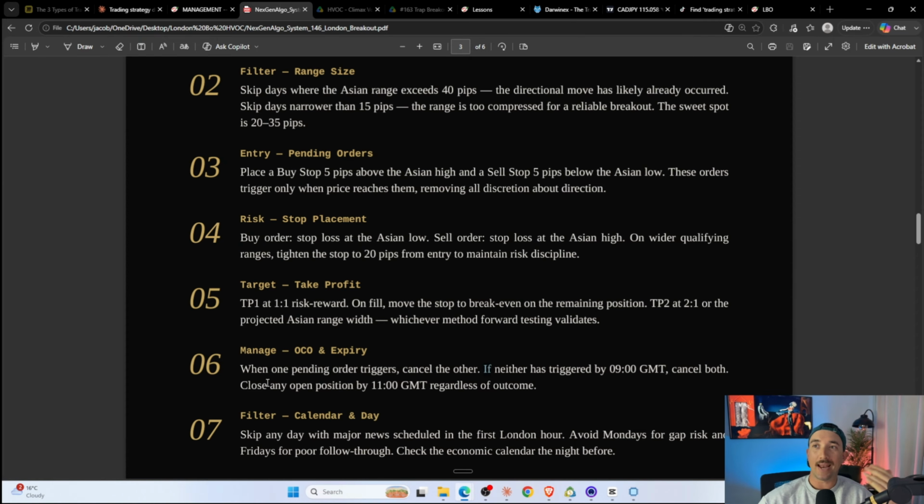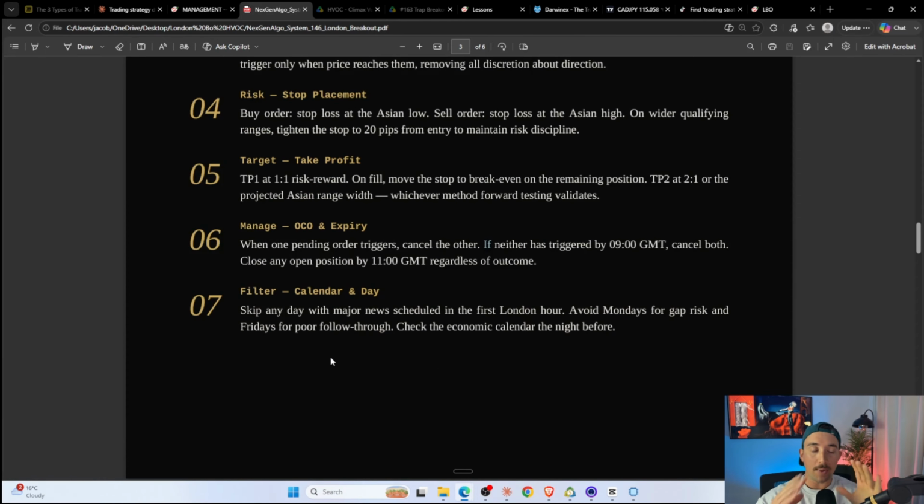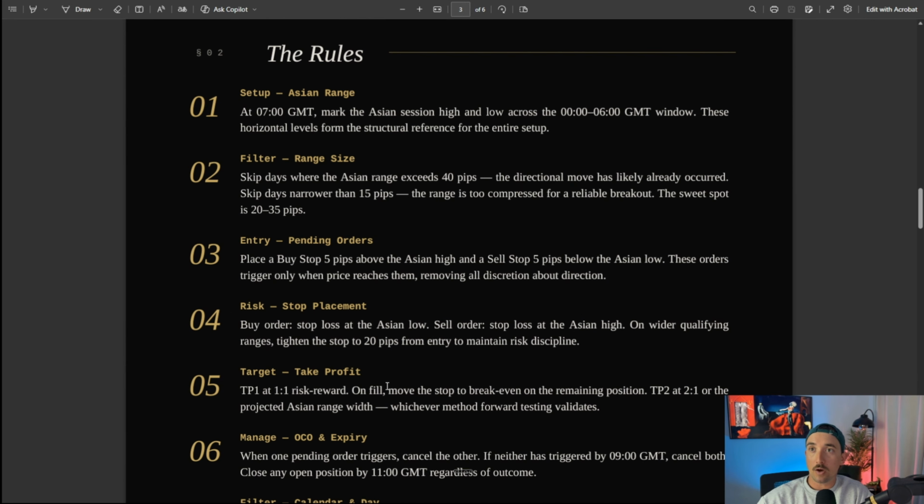So we can expand that out using your Fibonacci if you want. Depends on your testing. Stop above and below. Our take profit is based on a 1-to-1. That's what we do our initial testing on, so make sure you do that. And then our 2-to-1 on the Asian range prediction, with whichever method you want to forward test and